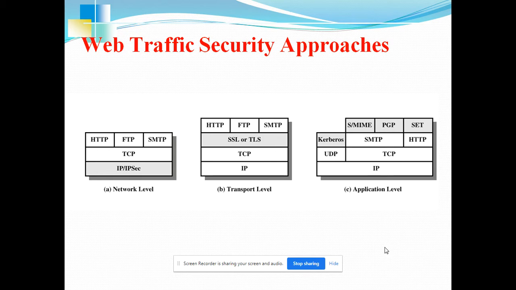The TCP/IP network has 4 layers. In this class, we are going to discuss the TCP/IP related web security approaches. Let's see the figures.